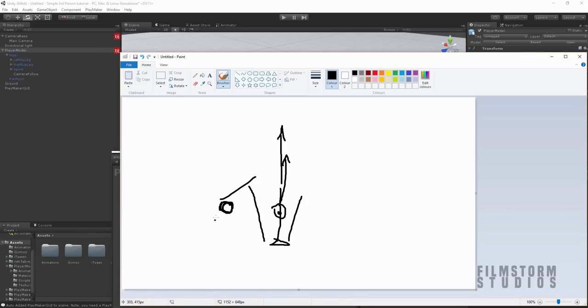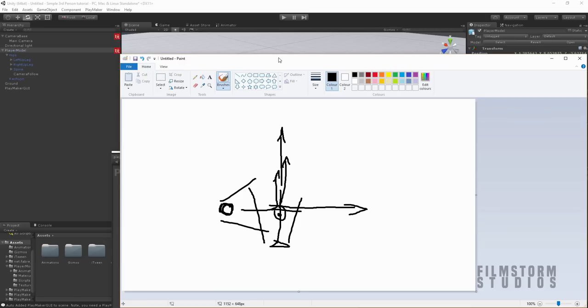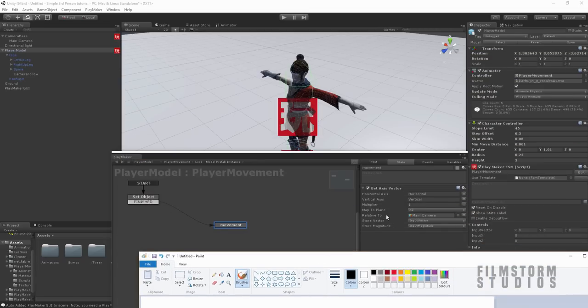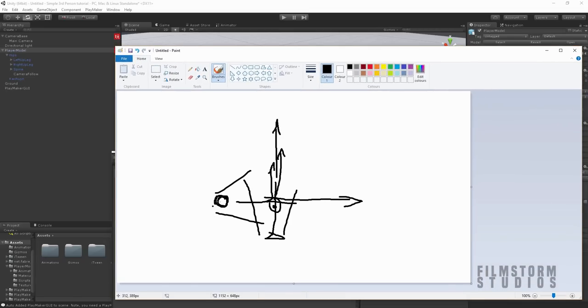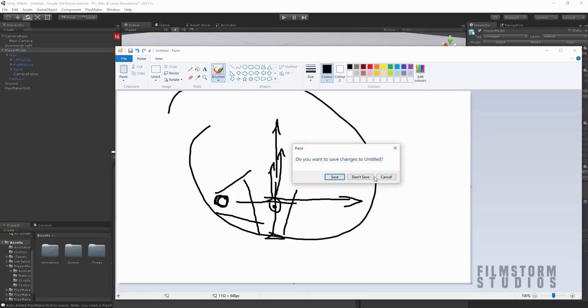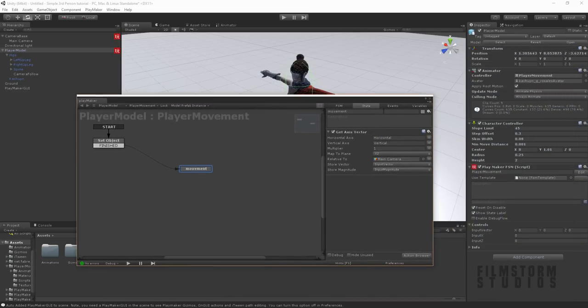So this is our camera now. When we push forward on our keyboard, the character will actually run forward this way instead of running forward this way. If we didn't have anything set up in our relative to, if the camera was looking this way, the character would still run forward. If you kind of get that. So that's what makes that important. That's my little demonstration over.